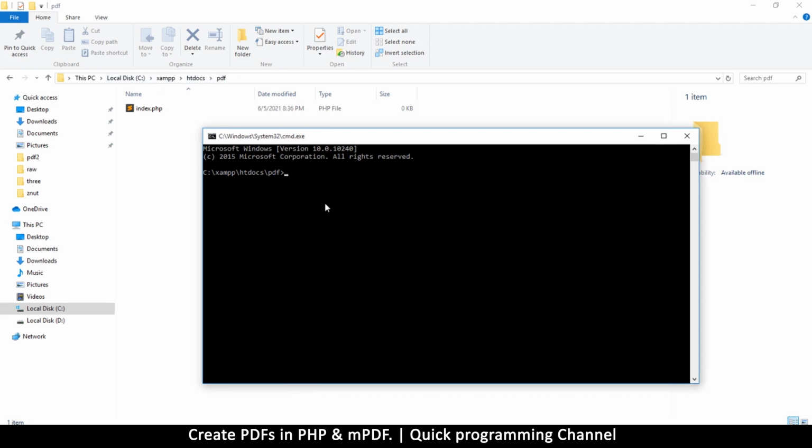And what we will do now is run the composer command like so. So we just paste this. It says composer require mPDF/mPDF. Then I just hit enter like so. So what will happen here is you must have the internet on, obviously, and it's going to begin to download